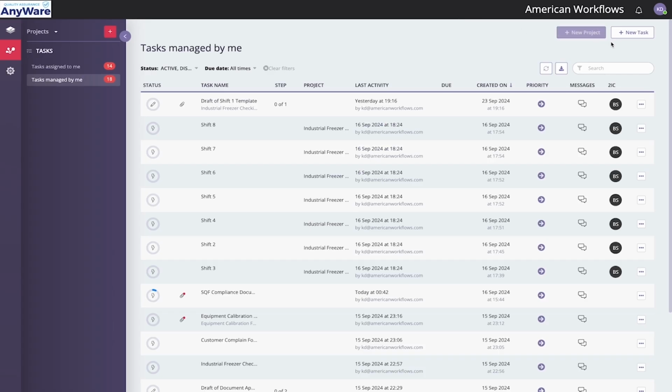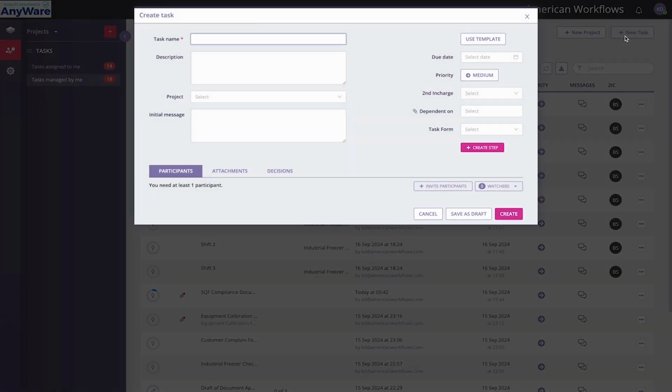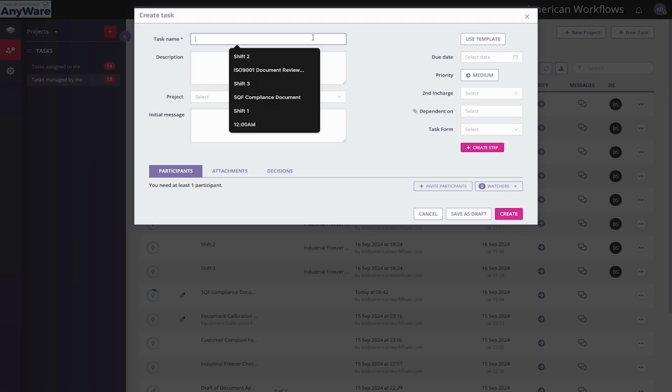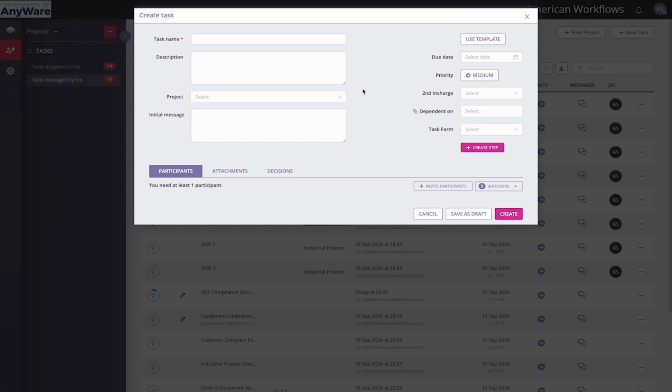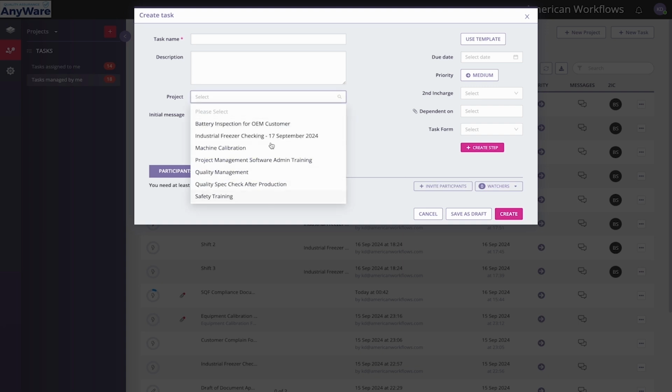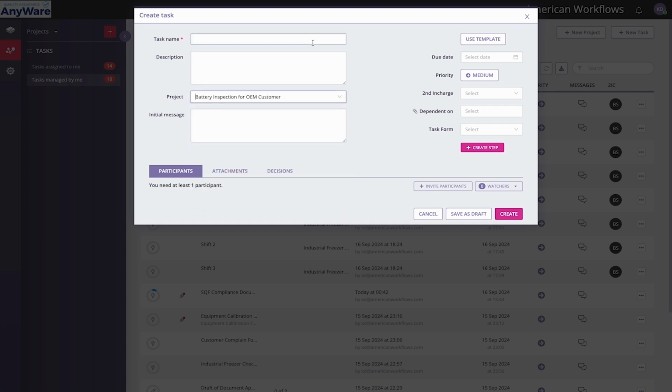If you want to create a simple task, we can do that here as well by clicking on new task. We have to put the task name, task description, and the project. Inside the system, we have two ways to create a task. We can either create a task individually, which I'm doing right now, or create a task connected to a specific project by choosing the specific project here. Then again, task name, description, the message, and once we create, that task will be connected to the project that we chose.